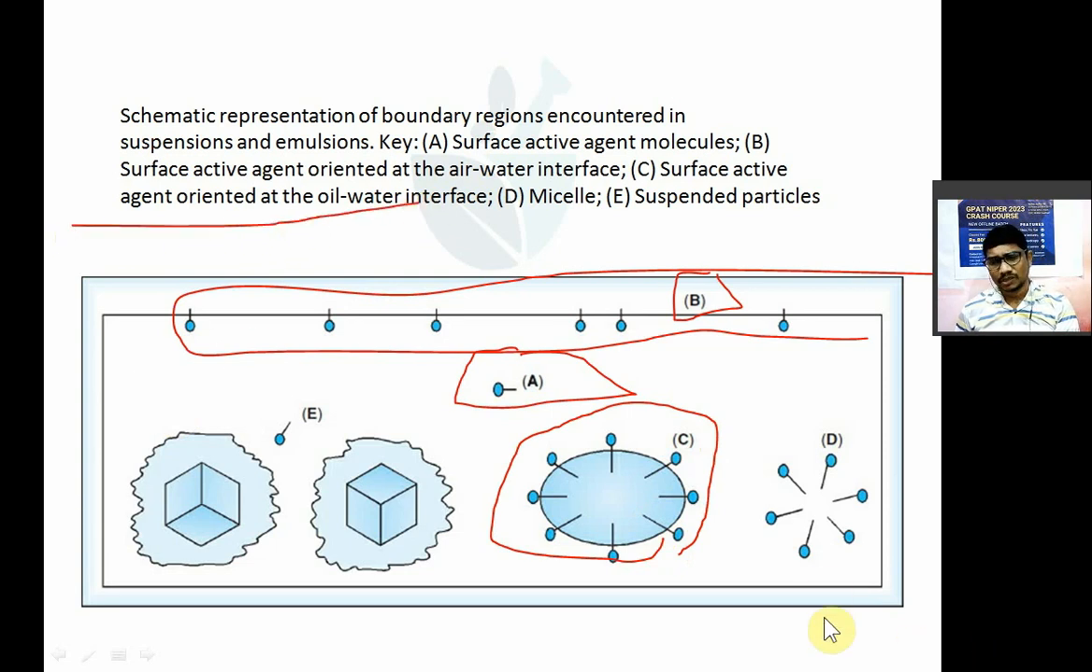Or surface active agents may aggregate and orient themselves in the form of micelles like this. They can form micelles, an aggregation of surface active agents, or they may be present individually at a surface, like this. Particles or insoluble particles in the water may be present as a suspended particle. So, for example, surface active agent may be present between the